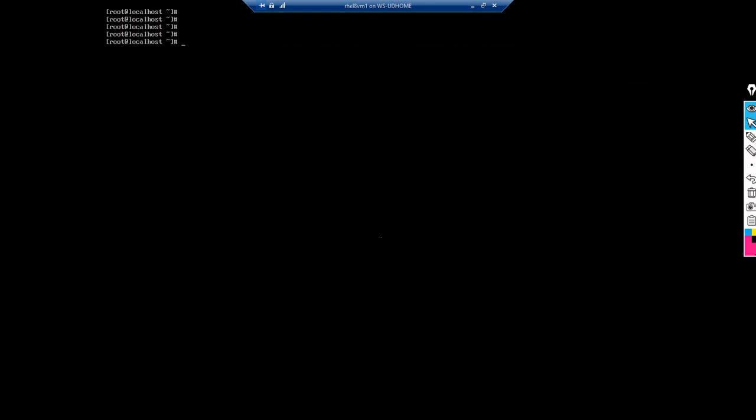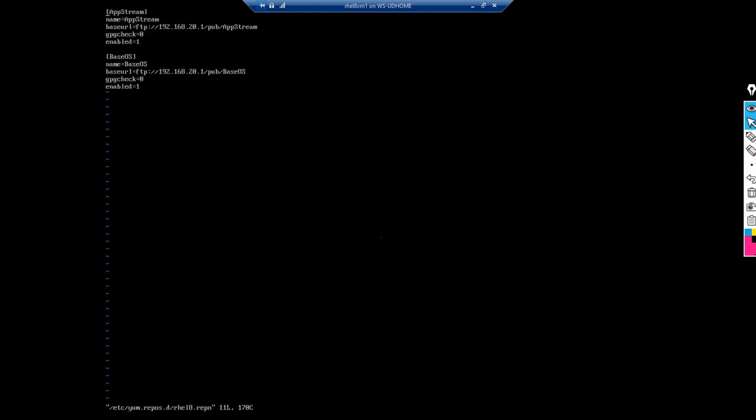Then let me check my configuration file, that is vi /etc/ either cat I can give or vi /etc/repo. Yeah. Now you can see here again the same syntax, that is name equal to and the baseurl equal to ftp:// only 2 slashes you have to type here, and the IP address of the centralized server, then pub and AppStream, and then similarly BaseOS. Now we are not using file:/ and we are using ftp: